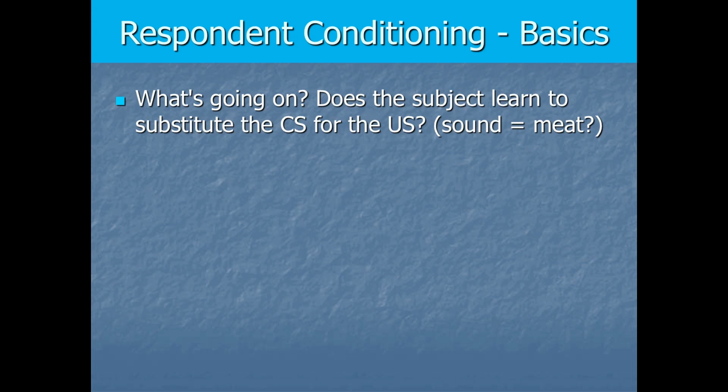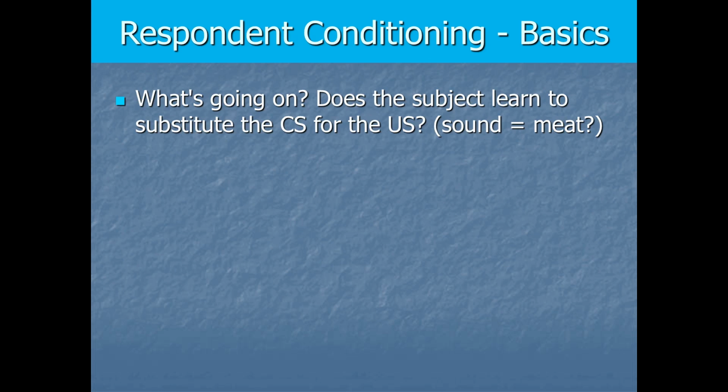Like, does the subject's brain basically just learn to substitute the CS for the US? In other words, does the brain basically start equating things like sound equals meat or tuning fork equals meat? Is that what's going on in the dog? That substitution idea, it's really reasonable, right? It's a reasonable way to look at things. It makes a lot of intuitive sense,